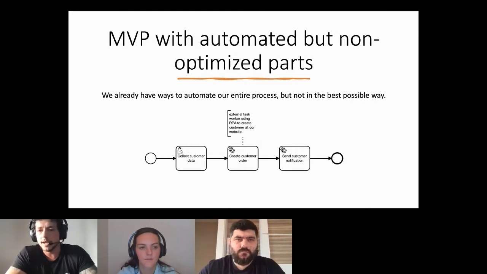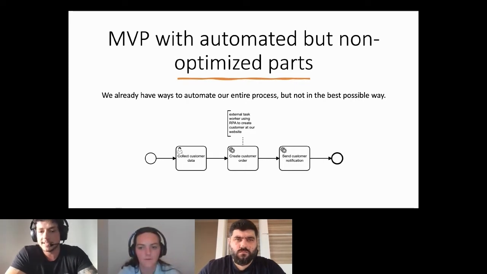So with Camunda, we used the external task architecture. Our process was designed like this. In this example, I am collecting data in a user task.